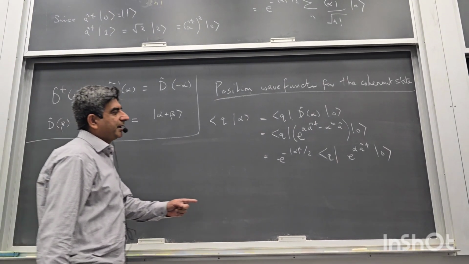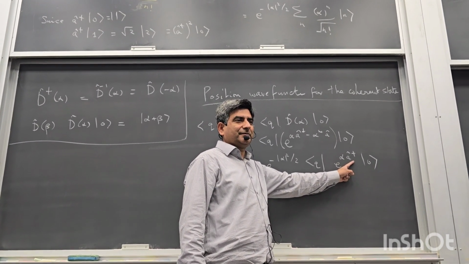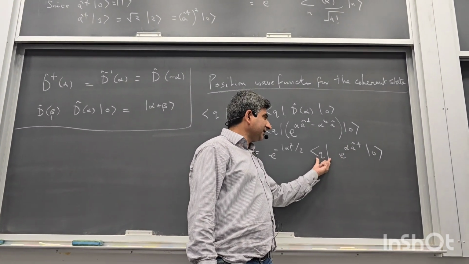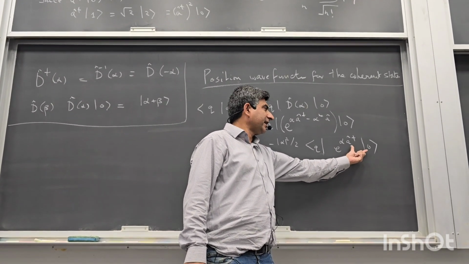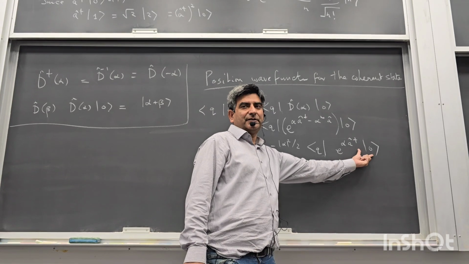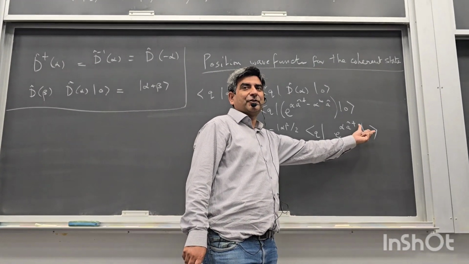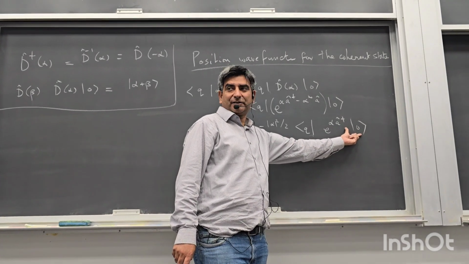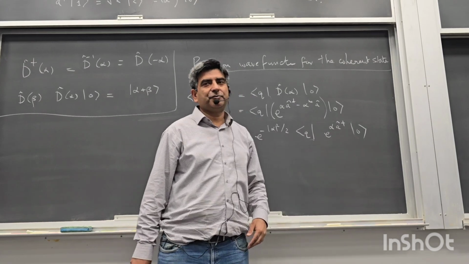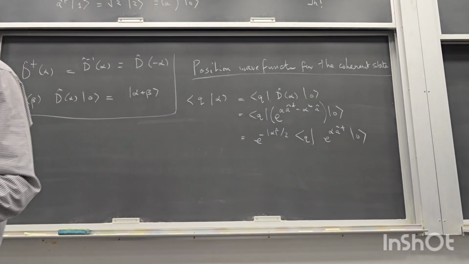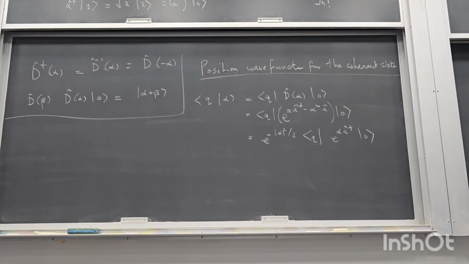Now I would like to express this raising operator in terms of position and momentum operators, so that I can take this bra and move it through and get a wave function here, which will be the ground state wave function for the vacuum state. And I already know what that ground state wave function is. It's a Gaussian. It's the lowest order Hermite polynomial. So I would like to convert this a† into position and momentum operators, and I already have the formulas for that. I do know